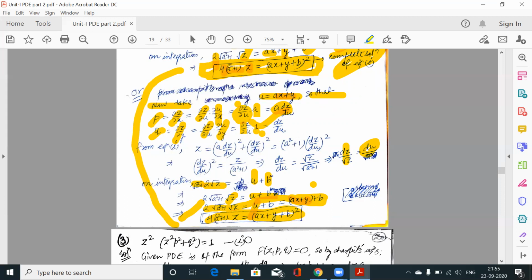Don't worry about the same answer, because you have to get one answer only. You don't need to compare your answer with the available one. Whatever you calculate, that is the correct answer. If we use x plus ay, we will get a different answer, but the format is the same. Again, if we keep the constant on this side, we will get a different answer. So there is no problem in the answers. The process must be correct.